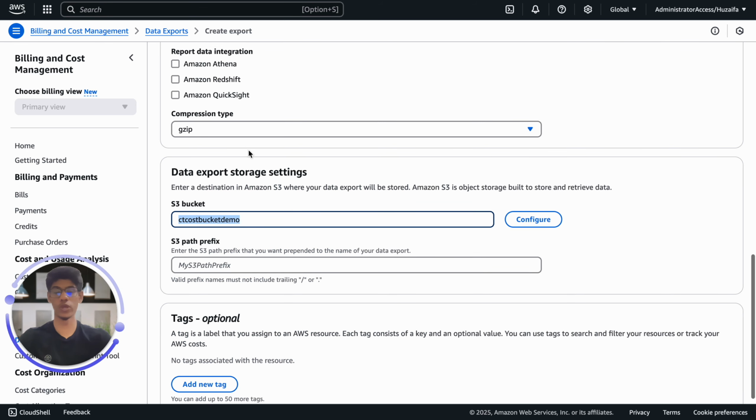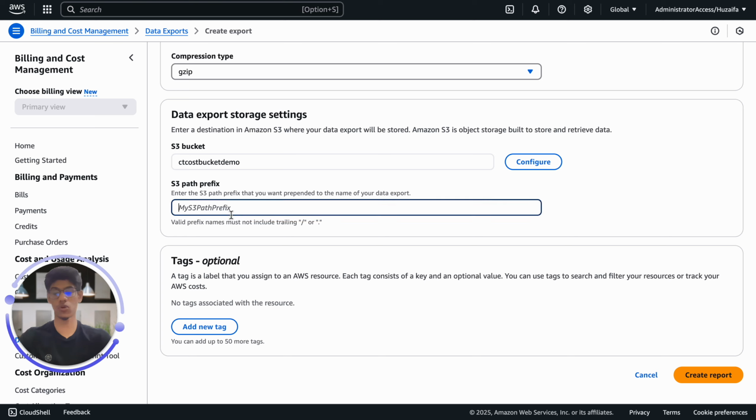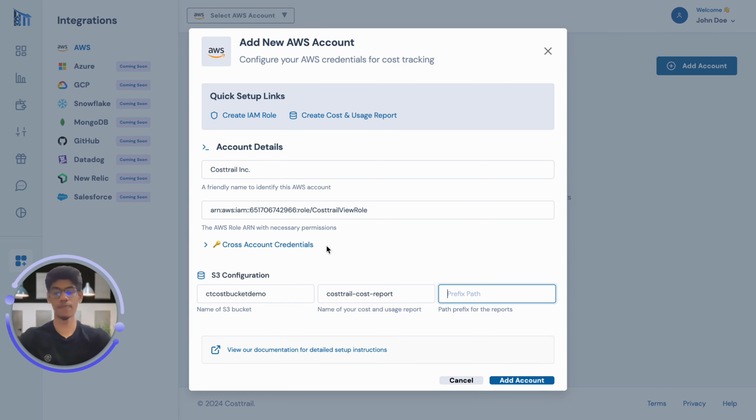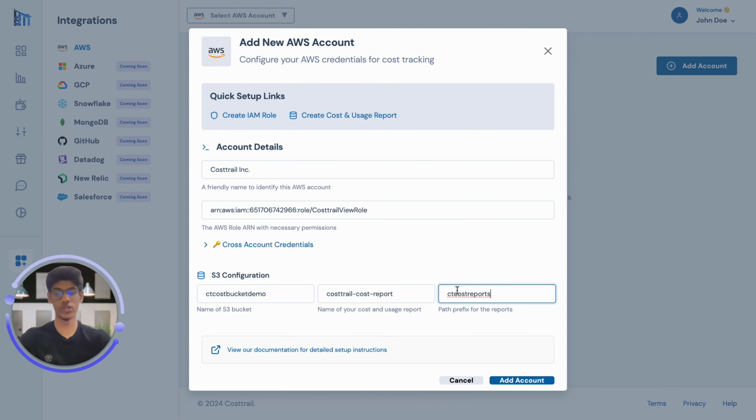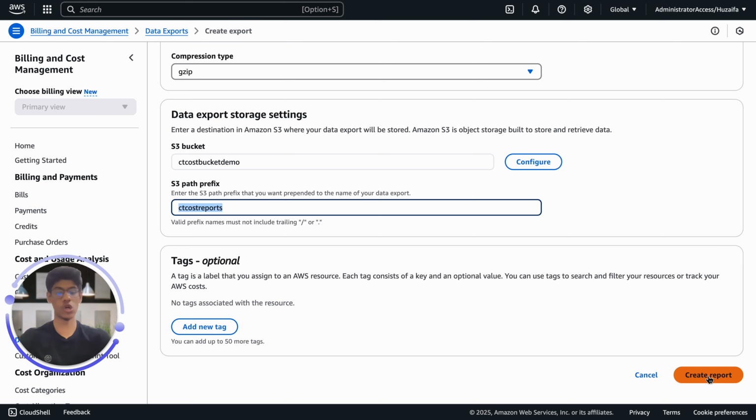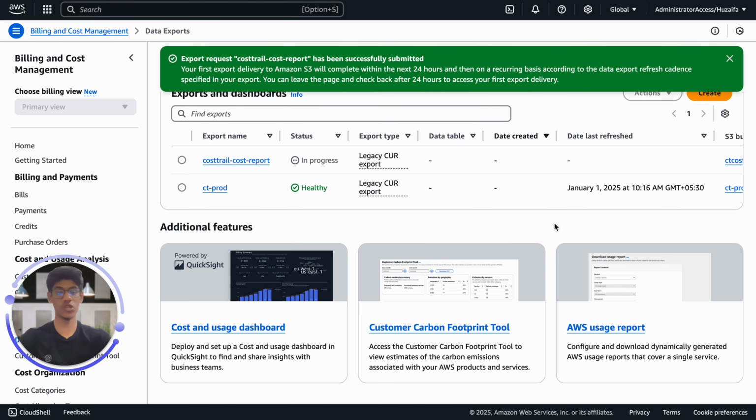All right, now we want a prefix path. So going back to our AWS dashboard, simply type, I'll say something like CT prefix path or CT cost reports, I'll say for prefix path. Copy this thing and paste it in the prefix path in our CostTrail configuration. All right, now simply come here and click on create report in the AWS dashboard, and your report has been